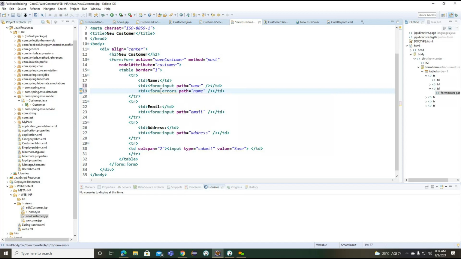Error path. Now what happened here? The tag handler error tag was not found on the Java build path. Error tag.